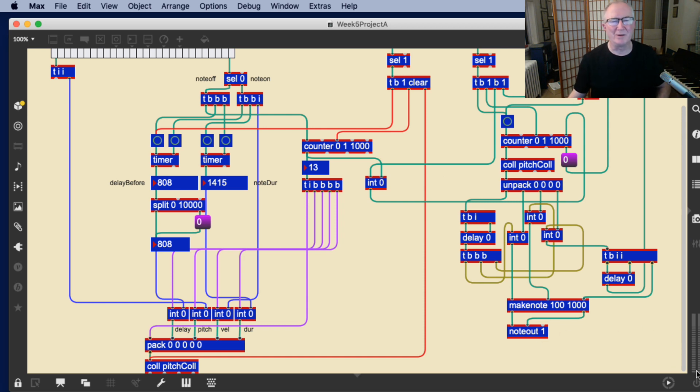just playing back in normal order. What would you do to play back in random order? Well, you wouldn't use a counter, but you'd use a random object. And the random object would basically have the value from here placed in it. And so it would be random, this value. And then you would always add 1 to the output of the random, because your index into the call is not 0 through 12, it's 1 through 13, or 1 through however many notes you have. So put the value into the random, but then make sure that you add 1 to the random,